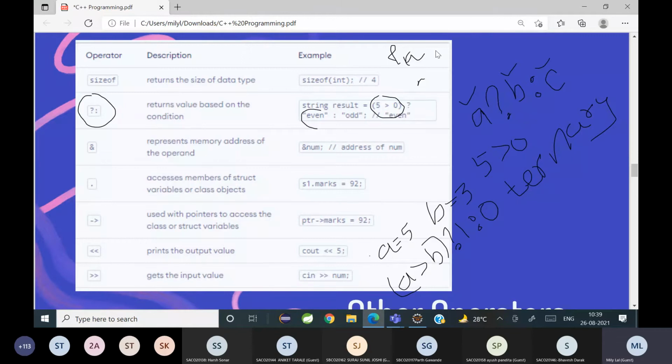Later on a third person, when he reads your code, he will understand what you are trying to do. Comments are not compiled by the compiler, they are skipped. So what does ampersand number represent? The address of the number. स्लैश में जो भी है, it's the meaning of that statement.